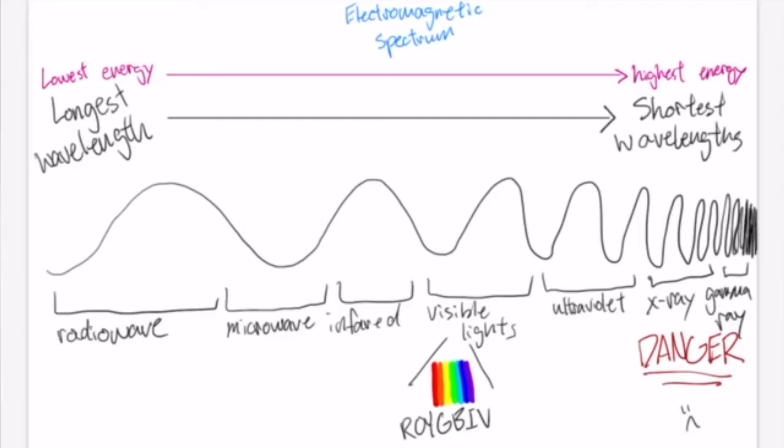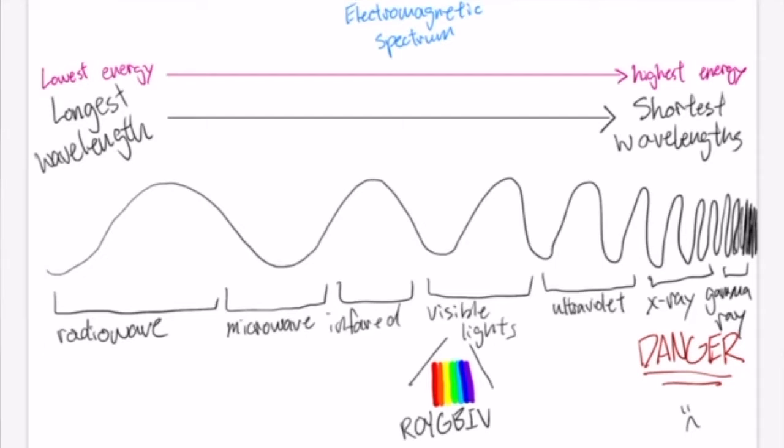So if you look here, it's sort of like a chart where you can basically map everything out. For example, for radio wave, it has the lowest energy, the longest wavelength. And on the other side, we have gamma ray, which has the highest energy and the shortest wavelength. Well, today we're not going to focus on everything in the electromagnetic spectrum, but instead we're going to focus on